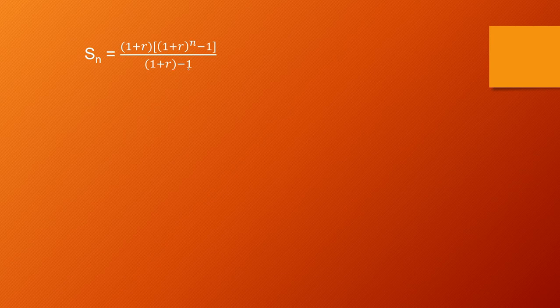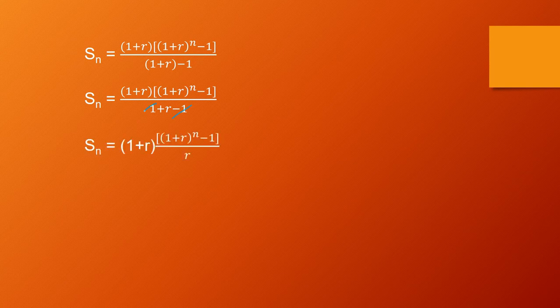Now if we open the bracket in the denominator, it is 1 plus R minus 1. So 1 and 1 are cancelled, and we are left with R. So the sum becomes (1 plus R) multiplied by ((1 plus R) raised to power n minus 1) divided by R. In the future value of annuity, we already know that we take P as common. So it will be P, or you can write present value. It will be P times ((1 plus R) raised to power n minus 1) upon R, multiplied by (1 plus R). So this will be your formula for future value of annuity due.